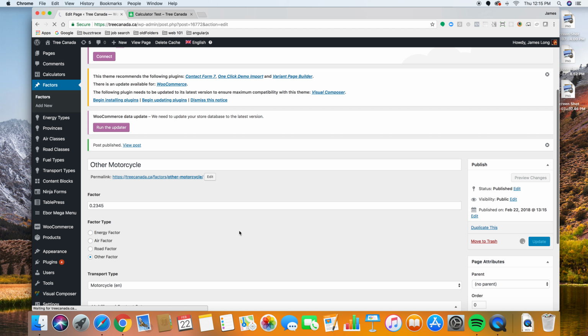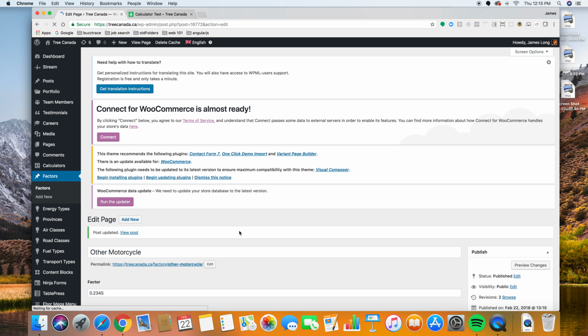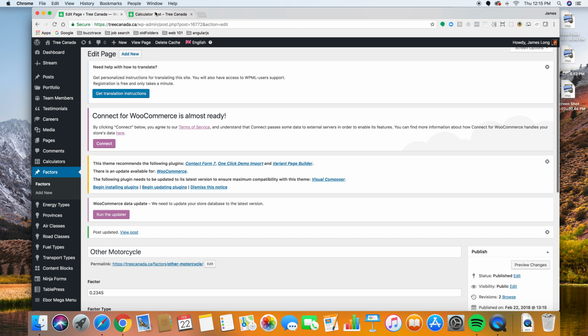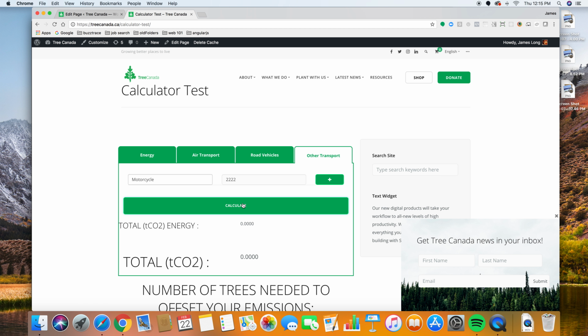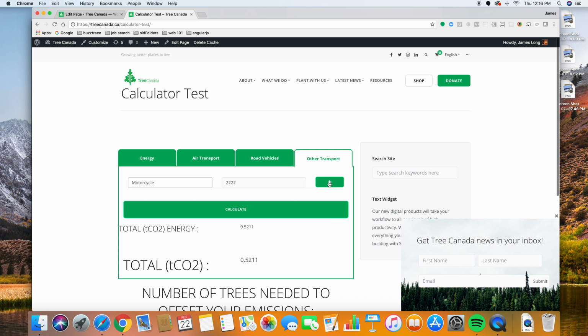Honestly, most of these are the same right now, but the scalability is there in case they change, add certain nuances. So now we can actually punch this in. Well, we don't want to go negative distance. Okay, and click calculate. Now motorcycle has a factor, and if you want to add